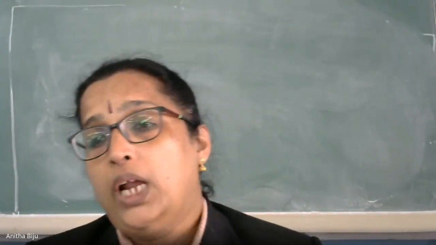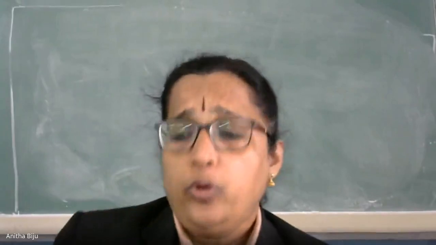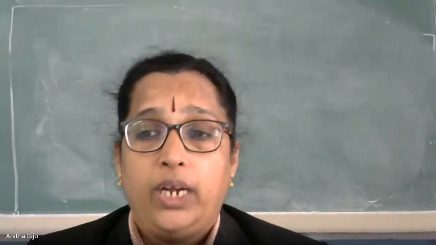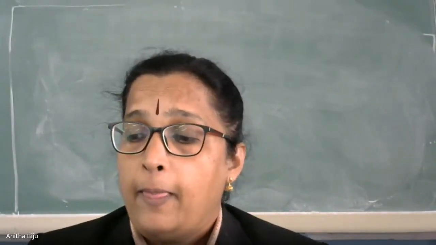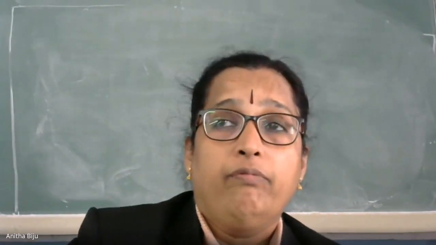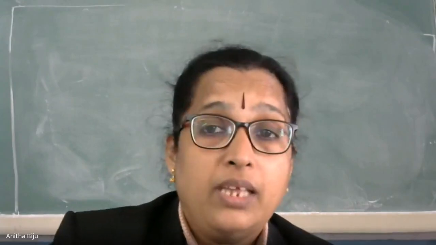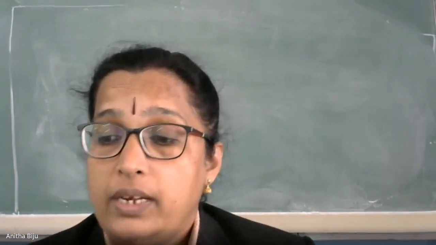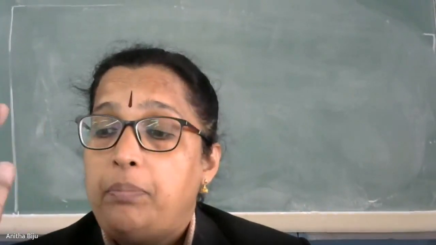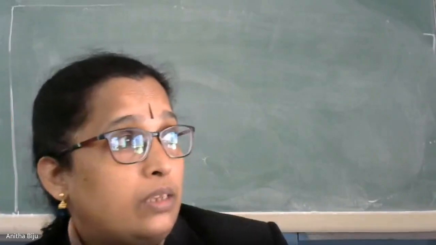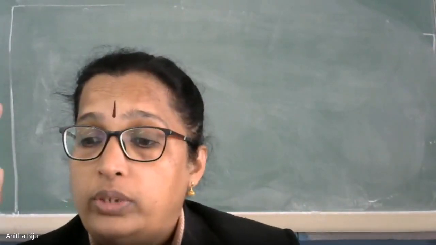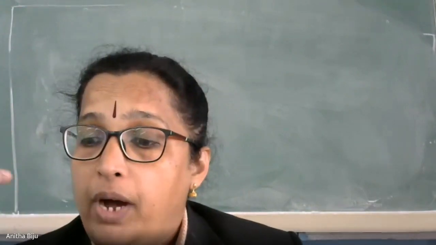Now come to the next segment: how to determine the focal length of a convex lens, approximately. This we will perform in the lab. It is a very simple experiment. There are stands where we can fit lenses. Put a convex lens in a stand and keep it in front of a distant object like a wall or a tree, so that the rays coming from the window pass through it.